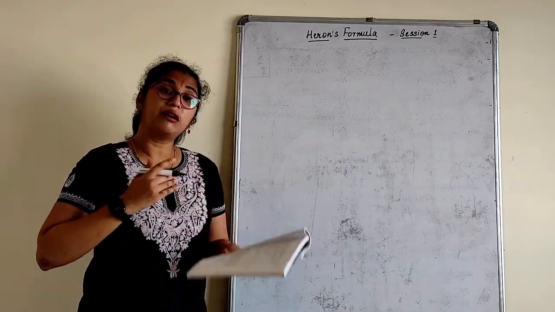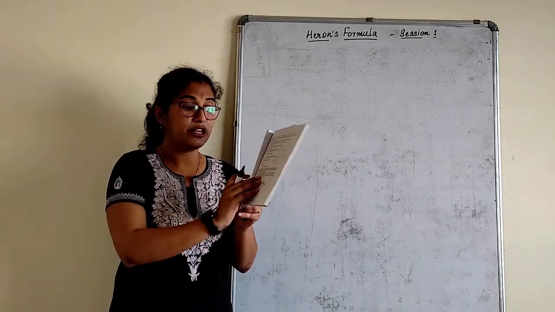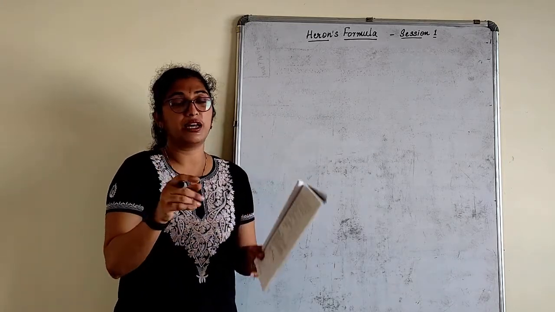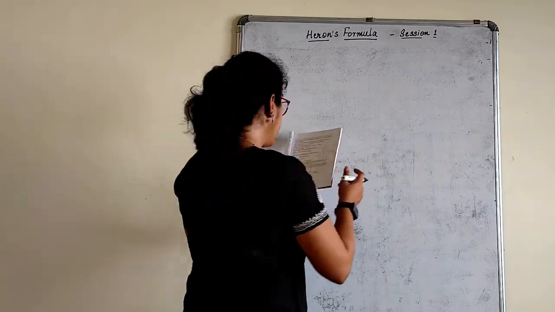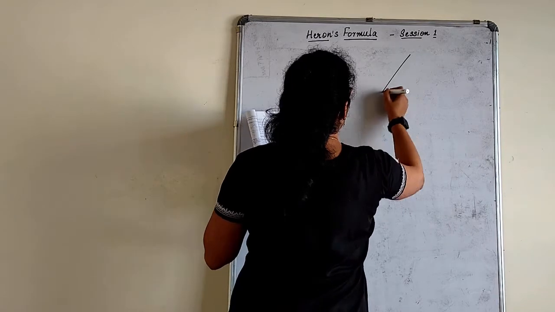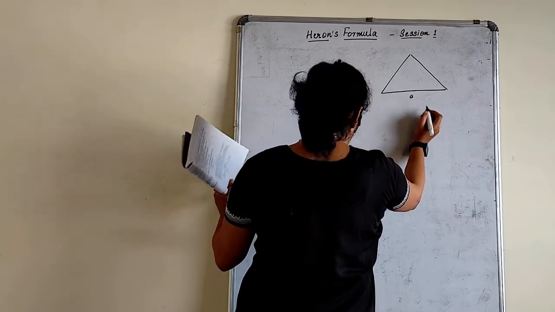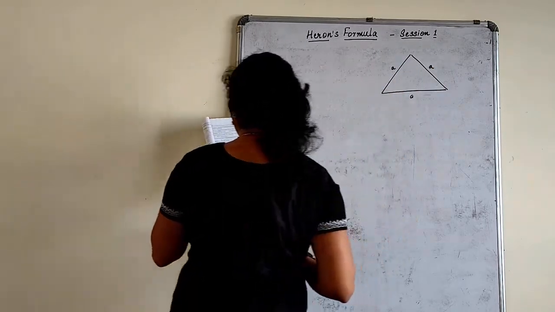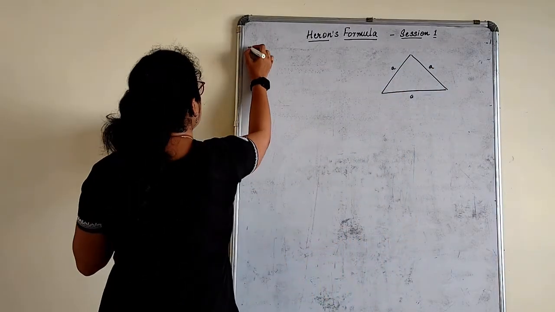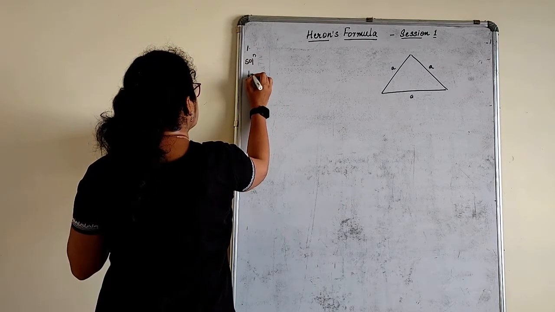Again, if you come across even such questions where a right angle triangle is given, children, but if they mention that using Heron's formula, you have to use Heron's formula only. So let's quickly begin here. So it's a signboard. That signboard is an equilateral triangle of side a. All the sides are equal. So first one, solution.